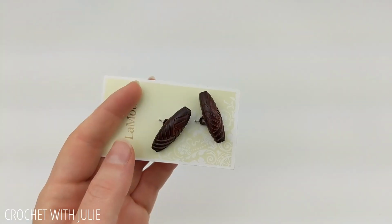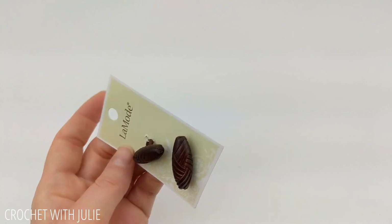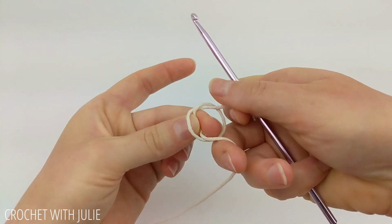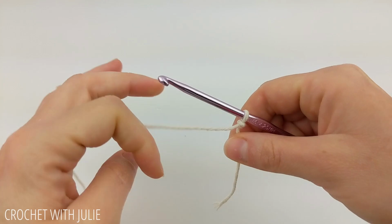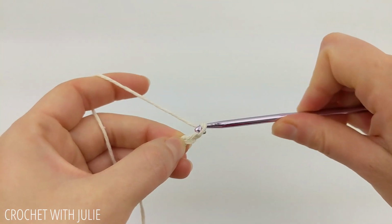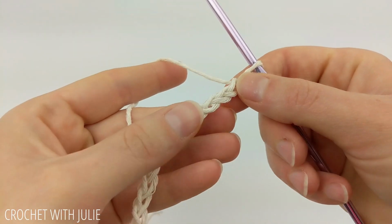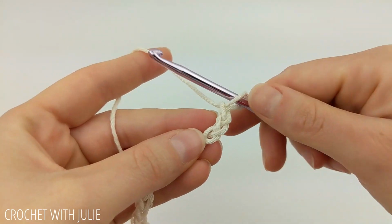I'm also going to be using a toggle button for this, and I got these at Joann's. We're going to begin by attaching the yarn to our crochet hook using a slip knot, and then we're going to chain 13. And once you have your 13 chains in place, we're going to turn our work and skip our first 2